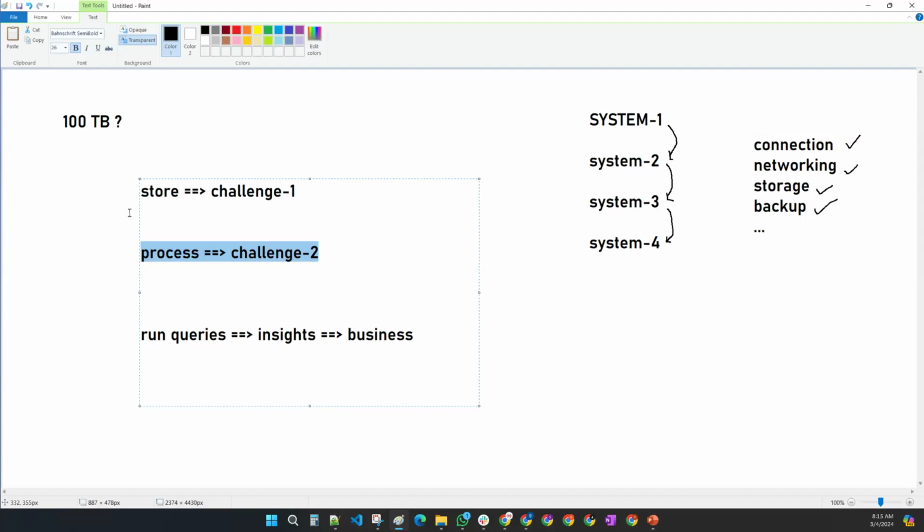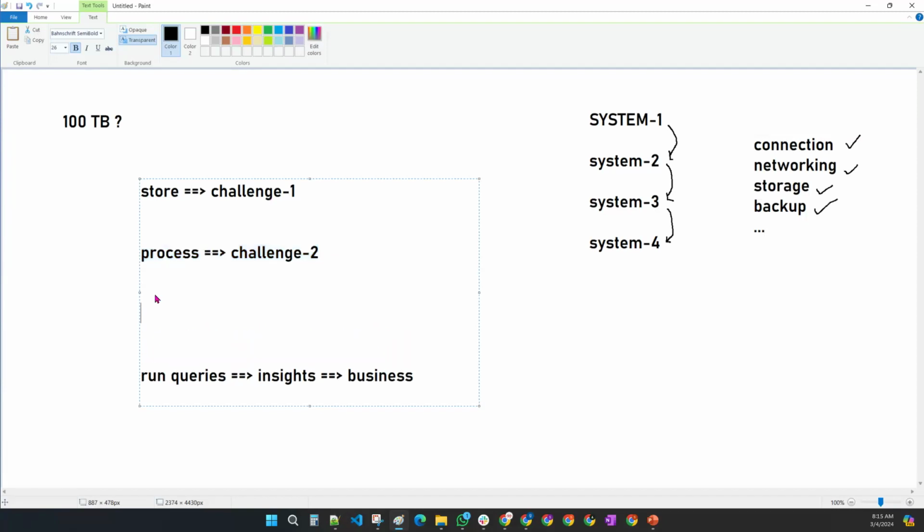Then once you have done both of these things, the next challenge is again storing. Usually here we call it raw storage, and here we call it processed data, but it is not that difficult, because we already thought about how to store the data. Whatever data you have processed, you have to send it to one more storage layer where you can run some SQL queries. That storage layer should come with a SQL query engine, capable of running SQL queries,